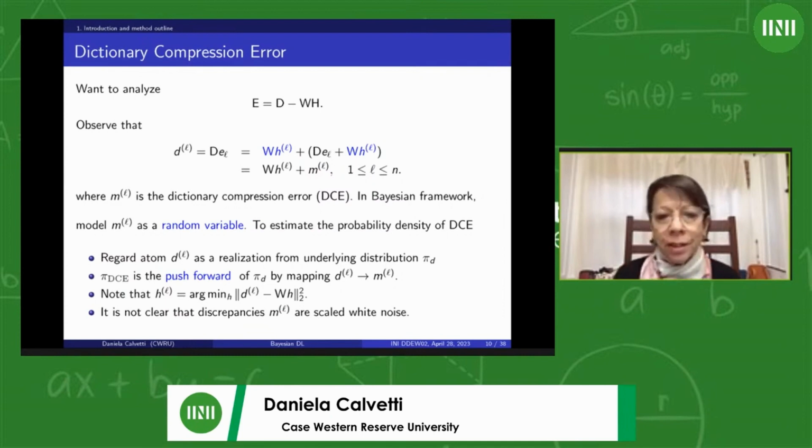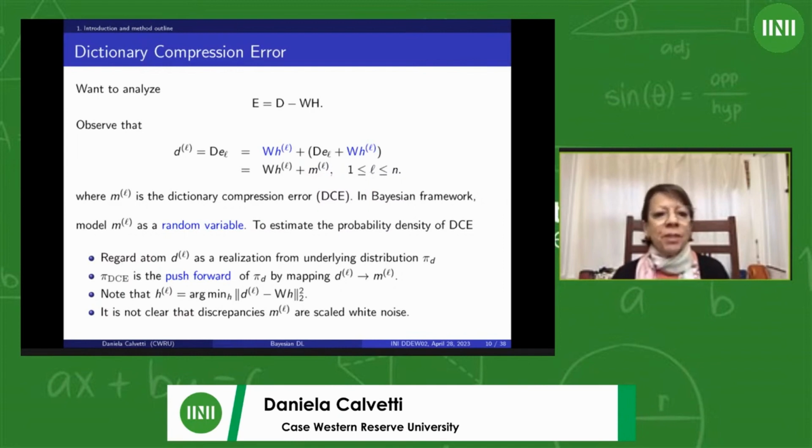The way in which I'm approaching this error is in a Bayesian framework, meaning that since I don't know it, I think of this error as a random variable, and I would like to describe it in the language of random variables, in terms of a probability density function,